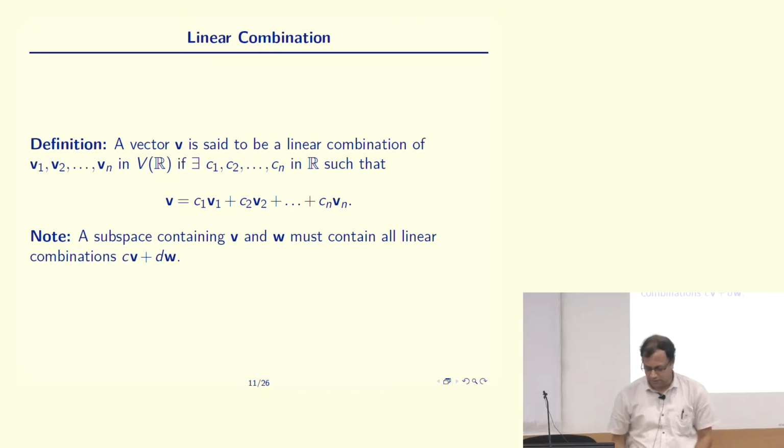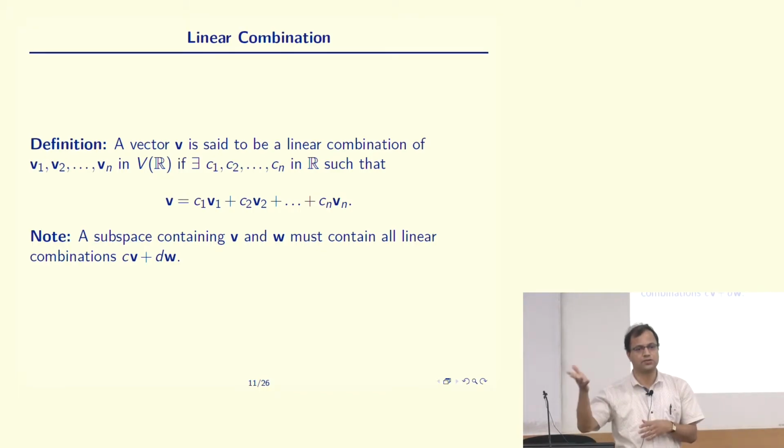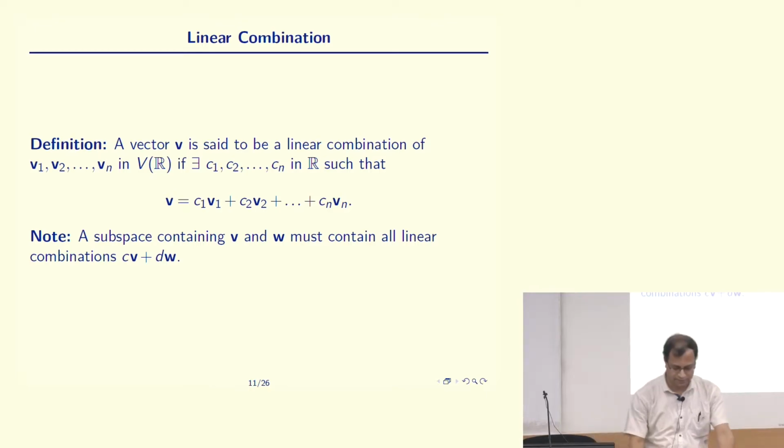So if you are given a vector v, we want to check whether there exist some x1, x2, ..., xn which will give you that particular vector v as a linear combination of the set of vectors. For example, if you want to check